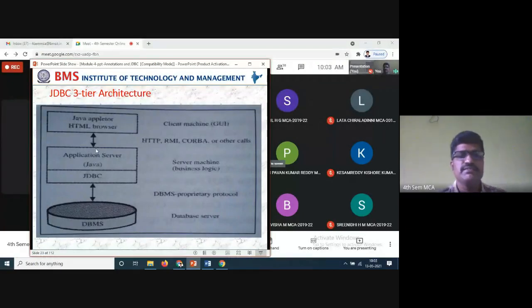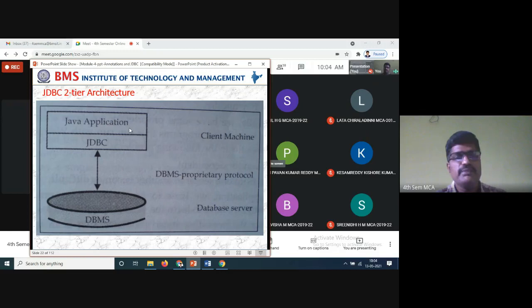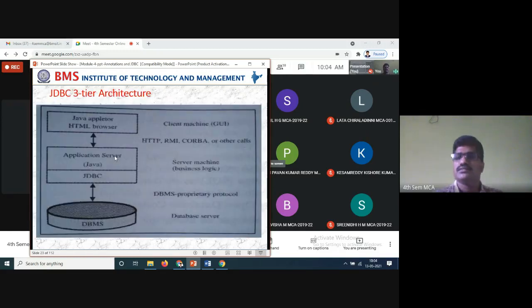So here is the middleware, where you are writing the HTTP, RMI, CORBA, and other files. The application server will be there, that is the Java server. The server in between takes care of JDBC, and JDBC connections will be established to the DBMS, that is called the database. So here is the DBMS protocol database server. From here to here it is the same. In between the Java applications, you have some advanced programming. That is what is different.